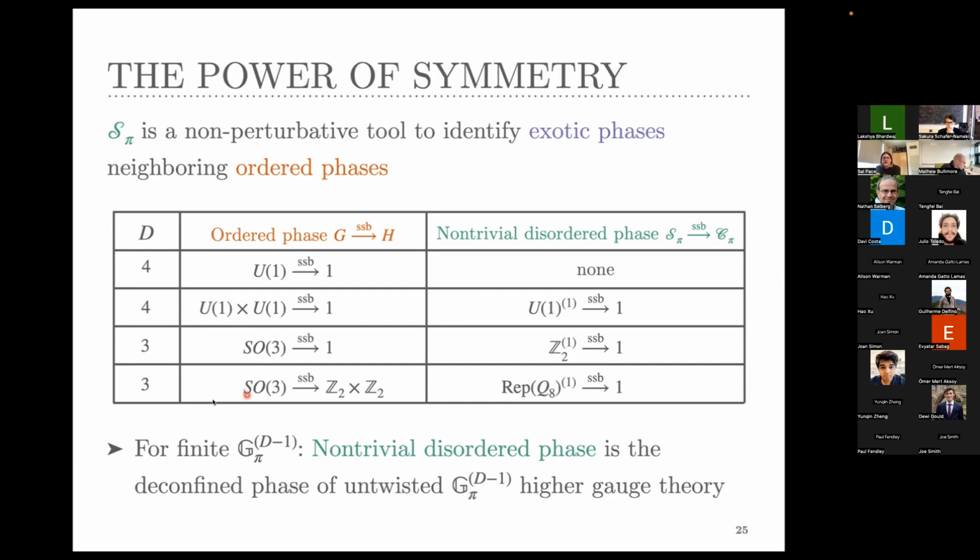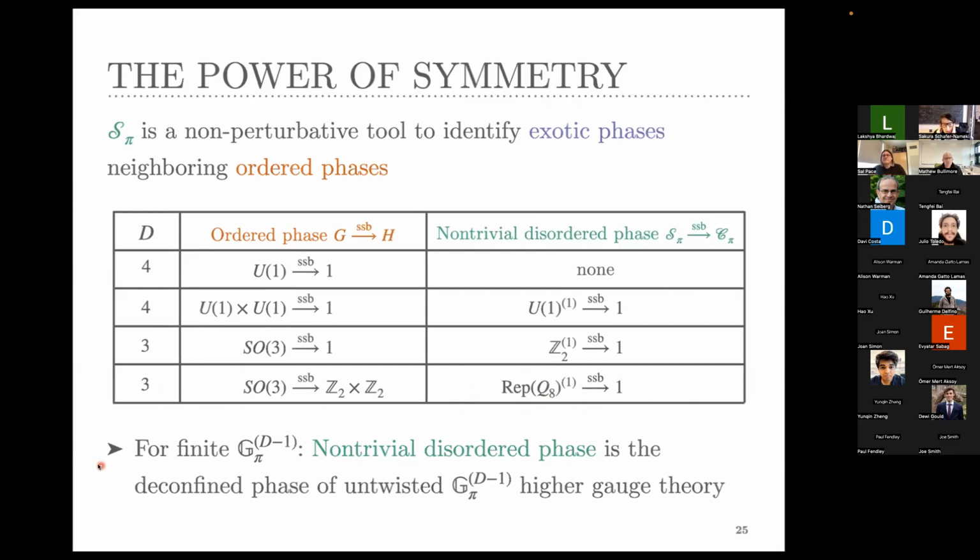And then the last example that I'll give on this slide is the one with the quaternion group. So we had SO3 spontaneously break down to Z2 times Z2. I said there was this 2-rep Q8 symmetry in D equals 3. Well, that 2-rep Q8 symmetry has this non-invertible one-form symmetry. I'm labeling it by rep Q8-1. Just say the topological defect lines fuse according to rep Q8. And that symmetry can spontaneously break down to nothing, and we'll actually go to a phase described by the deconfined phase of Q8 gauge theory. Okay. To connect this to some of the more general things,